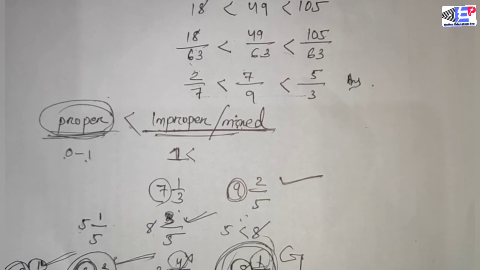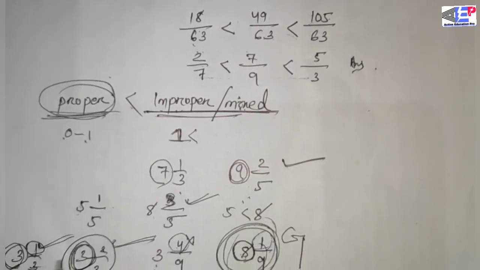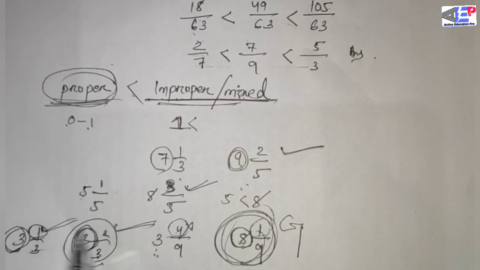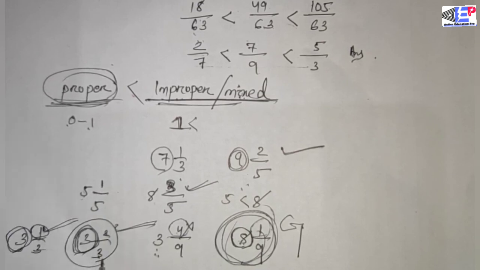If there is an improper fraction or mixed fraction to compare, you know a proper fraction always lies between 0 and 1, and an improper fraction or mixed fraction is always greater than 1. So a proper fraction is always less than an improper or mixed fraction, because you can write improper as mixed fraction and mixed fraction as improper fraction. If there are mixed fractions, first follow the whole part. If the whole part is greater, then this number is greater than the other one. If they contain the same whole number, then you have to compare the numerator parts, if these are like fractions, meaning the denominator is 3 and the denominator is 3.